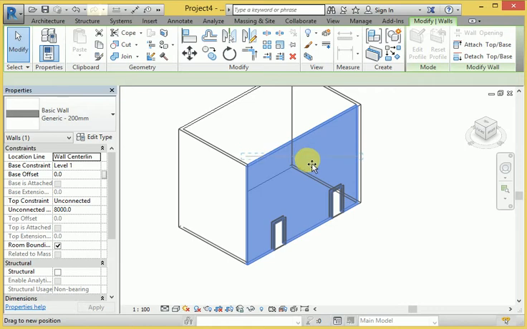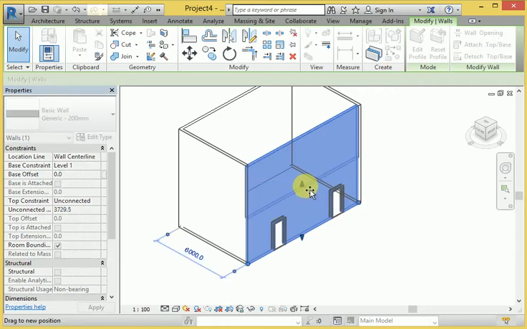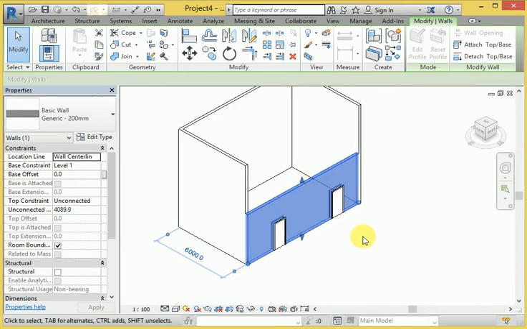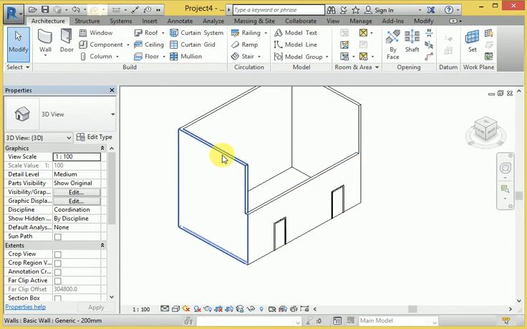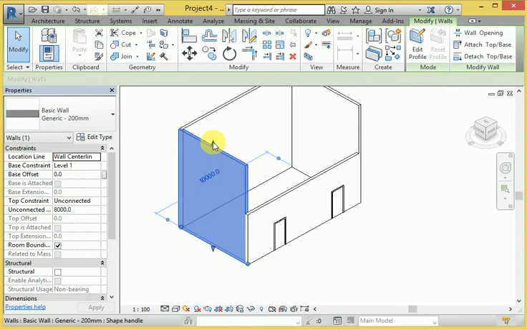So when I compress it by some distance here, the same thing again, I compress this wall.